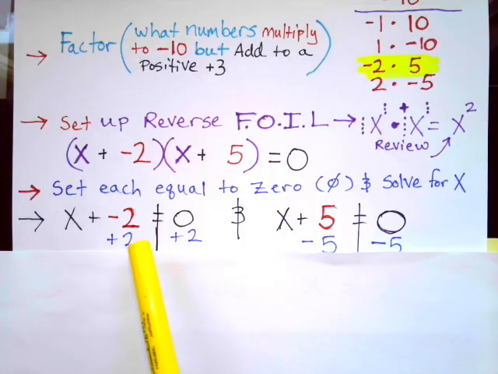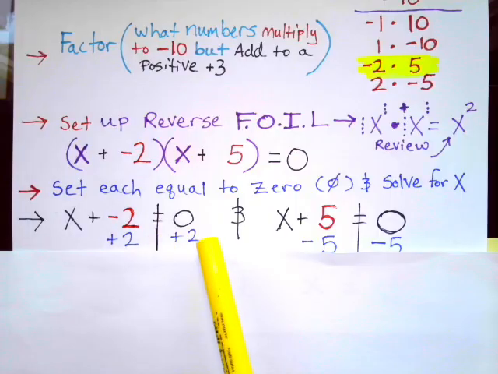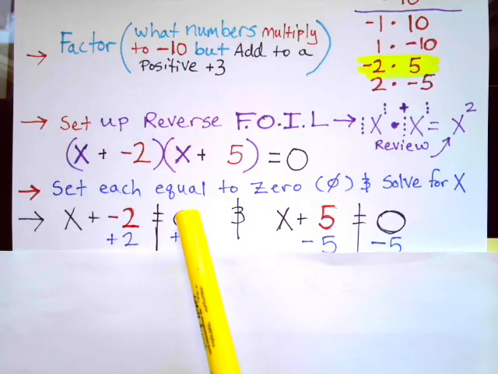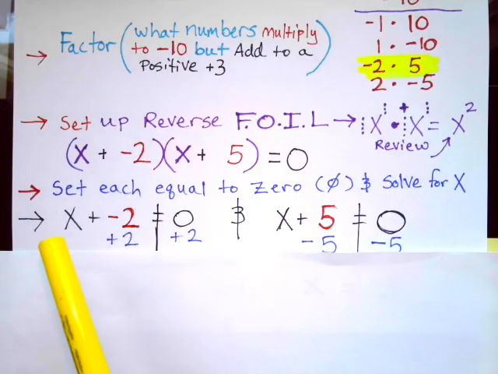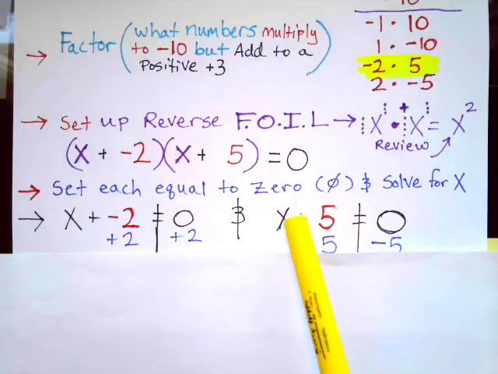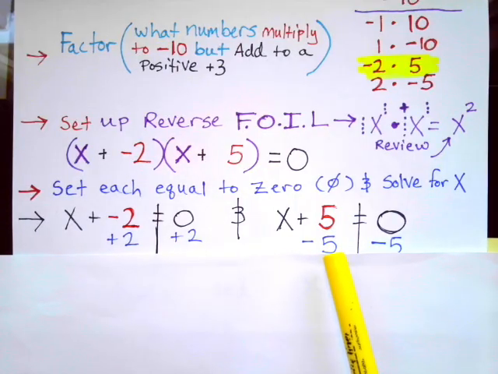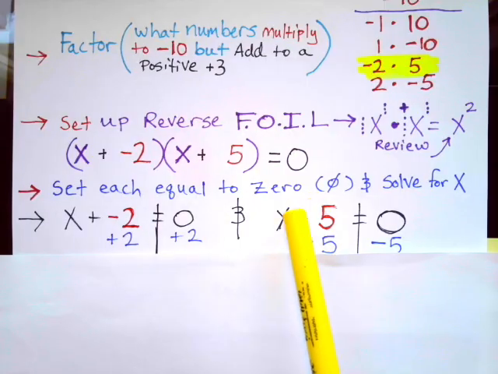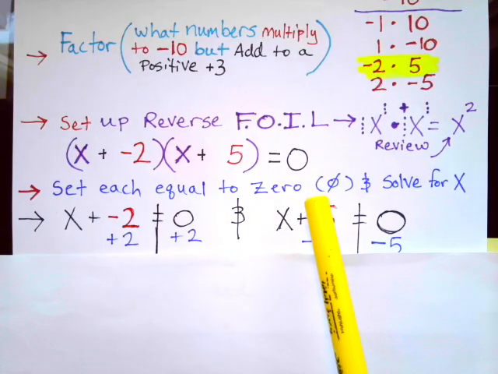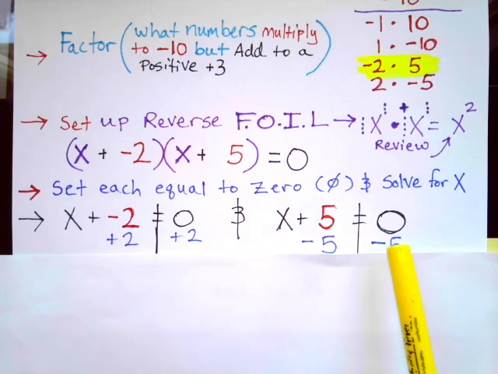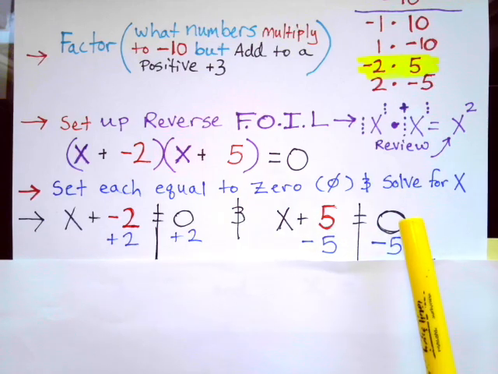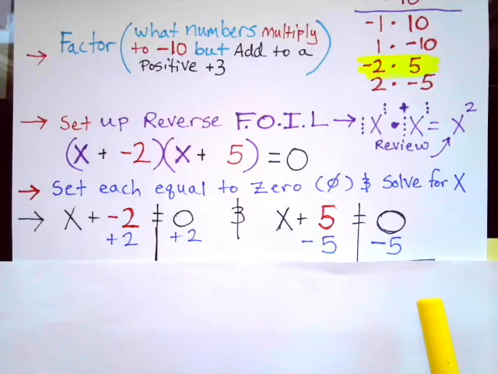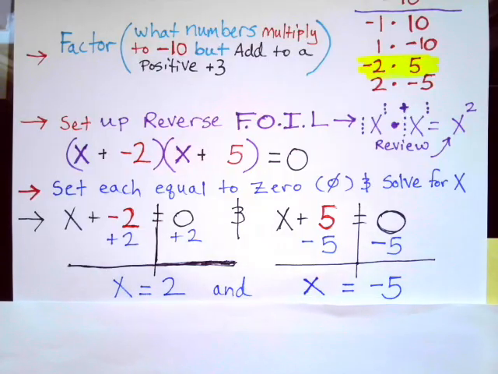What you do to the left side of the equal sign, you've got to do to the right side, right? So 0 plus 2 is 2. So x is now by itself. x equals 2. And what would you add to a positive 5 to get 0? Well, 5 plus a negative 5 would give me 0, or 5 minus 5. x is all by itself. What you do to the left side of the equal sign, you've got to do to the right side. 0 plus a negative 5 is negative 5. So now we have our two values